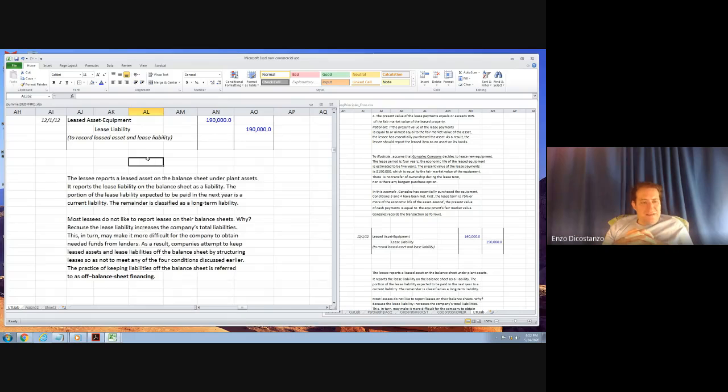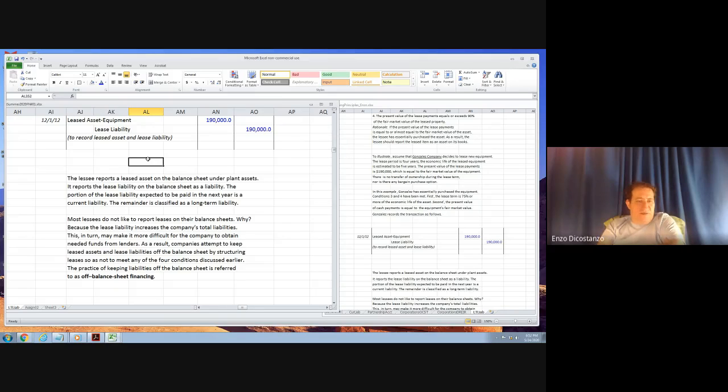Off-balance sheet financing, lessee reports a leased asset on the balance sheet under plant assets. It reports lease liability on the balance sheet as a liability, the portion of lease liability expected to be paid next year is current liability. The remainder is classified as long-term. Yeah, this is the exact same conversation that we had before. Off-balance sheet financing is